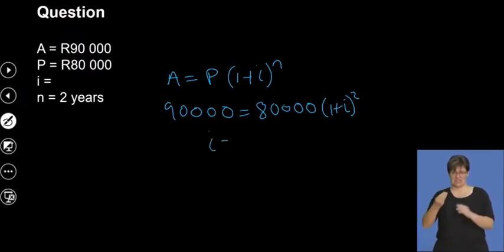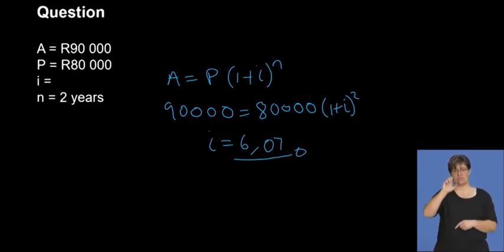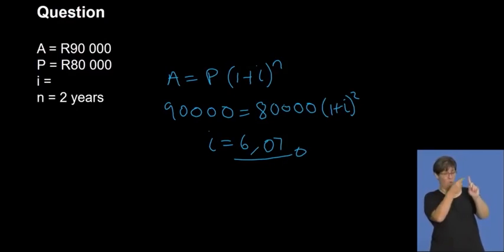So the interest is 6.07%. I think, yes, 6.07%. So you can see that's how much Janet can then talk to the bank about, to say, how about you just give me 6.07? And you know, whenever you need to negotiate, you must start by 7% and then go down. But you know that your goal is to get to